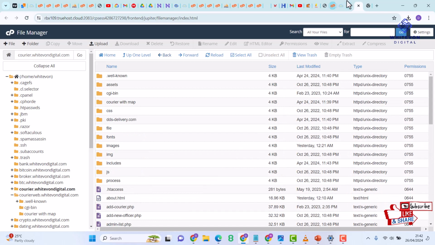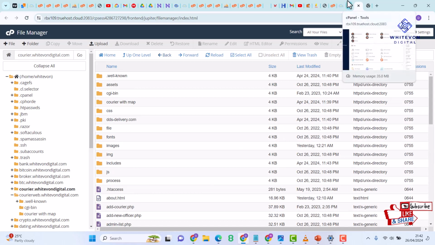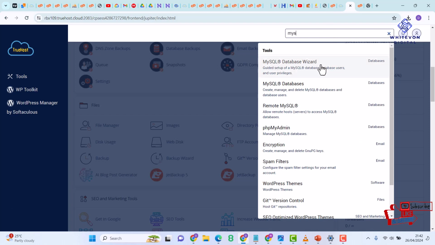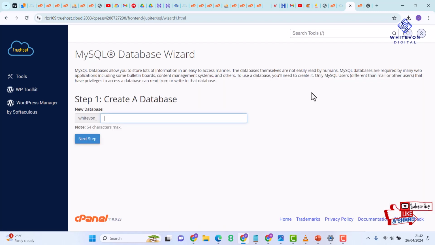And then the next thing we are going to do is to go ahead and then create a database for our project. So I'm just going to come to my cPanel and then come over here and then type MySQL database wizard. Then I'm just going to click on this. So here I'm going to name this as Courier DB, guys. So I did Control A, Control C just to have a copy of this database name. So I've copied this. I'm just going to use Control Z to bring that back, because your database name is the whole of this, guys. The whole of this. These are your database name. I'm just going to click on next step,